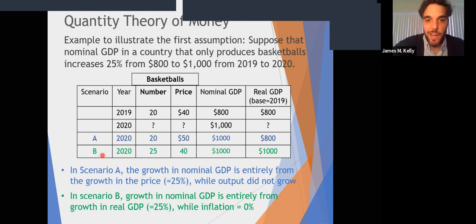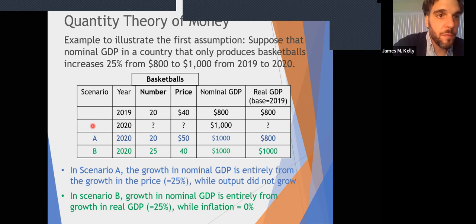In the second scenario, the price of a basketball stays the same. It's still $40, but the number of basketballs being produced is equal to 25. Again, nominal GDP is equal to $1,000, but real GDP in 2020 is now also equal to $1,000. So if we look at the growth rates of real GDP, or output, in scenarios A and B,